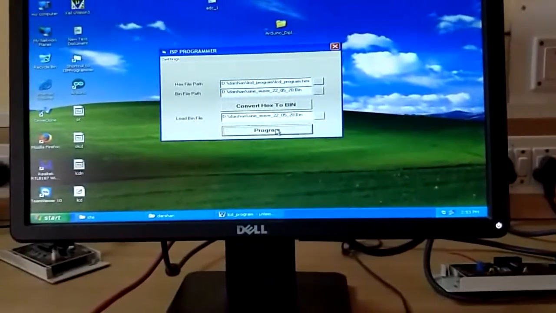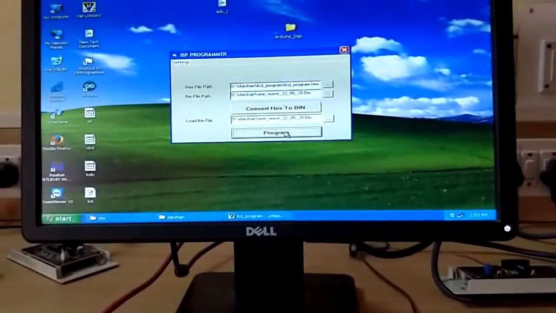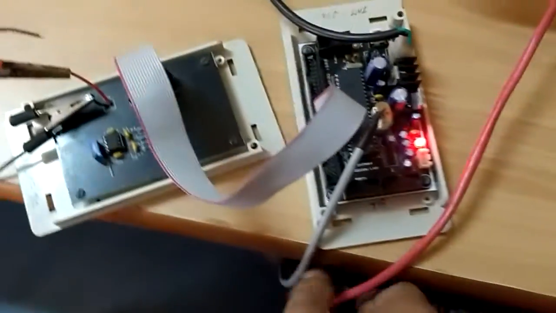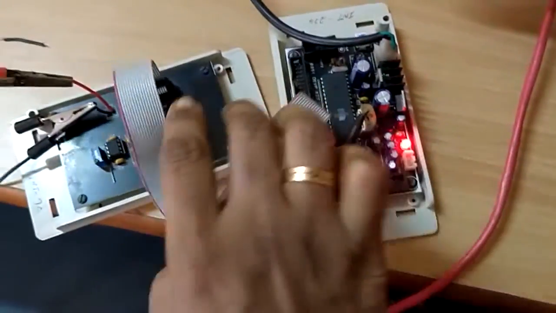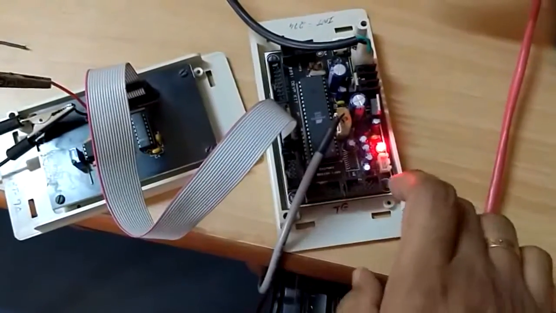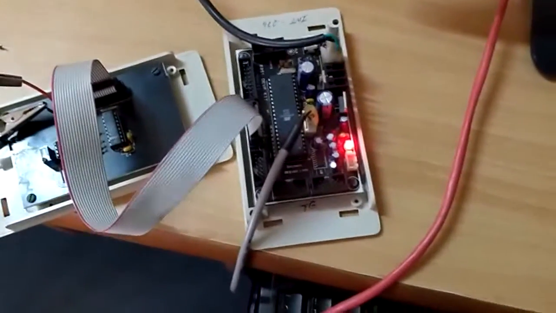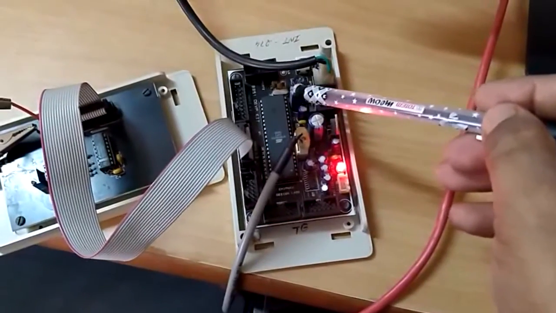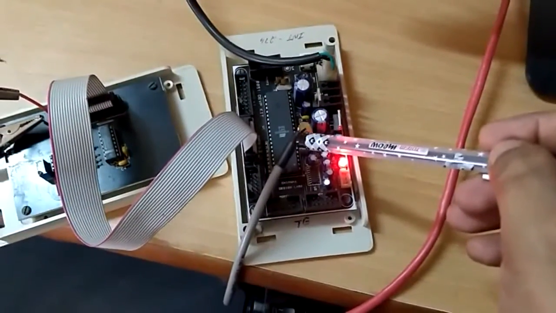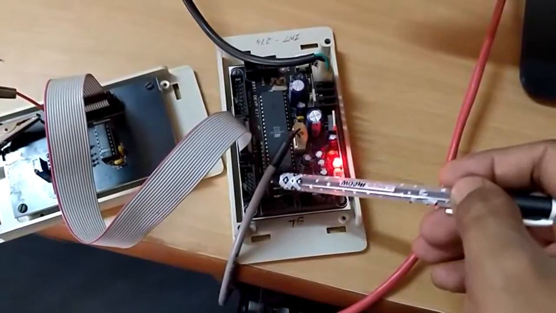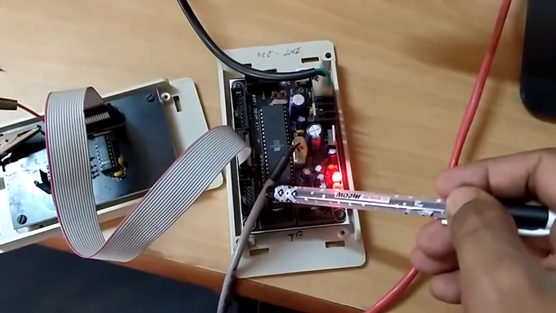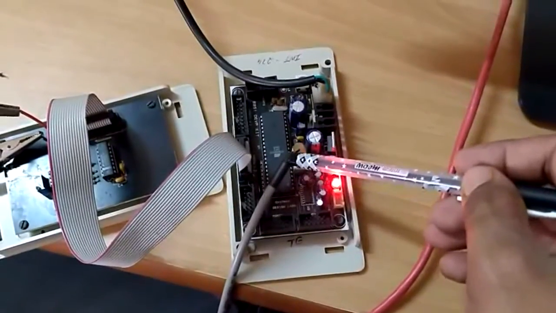Now we will see how we are going to interface the DAC with the 8051 microcontroller. This is the 8051 microcontroller where I need to flash my binary file, and this cable is the programmer cable where I dump my program to the microcontroller.